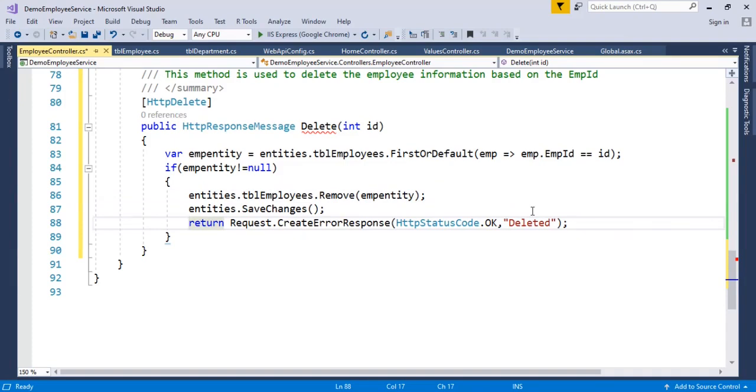So we are writing right inside that, emp entity is not equal to null, now we are going to delete the emp entity. Entity dot save changes. Then, or else we can do one thing.